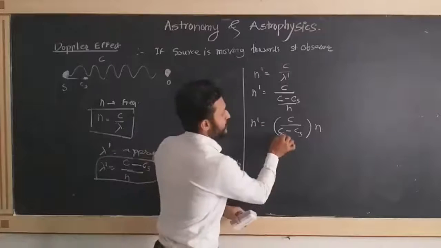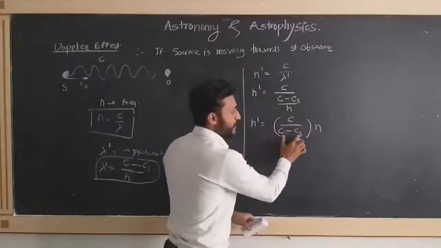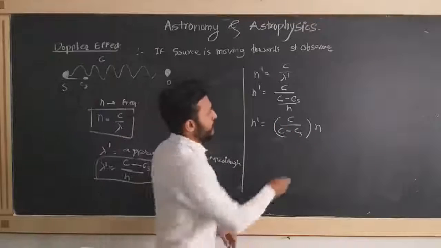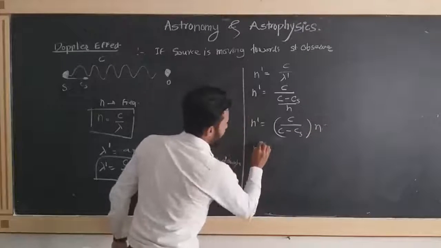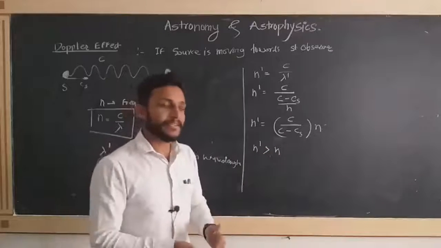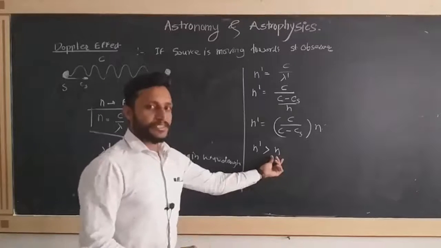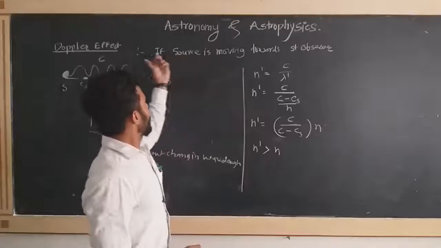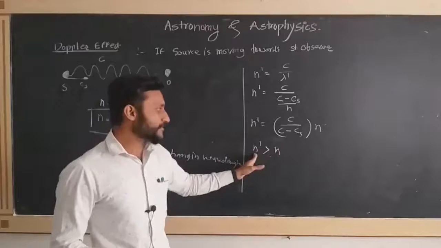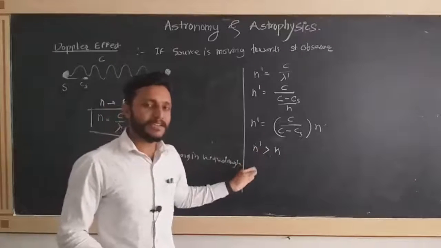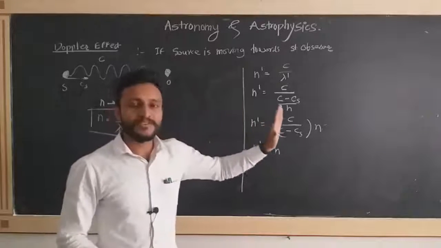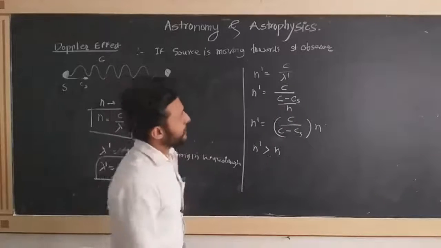But in case c minus cs, this denominator, is small as compared to the numerator, therefore this value is greater. So n prime is greater than n. So the apparent change in frequency is greater than the natural frequency, or the frequency when both are stationary, the original frequency. So the apparent frequency is greater than the natural frequency. It means that the source is moving towards the stationary observer. And the second case is that